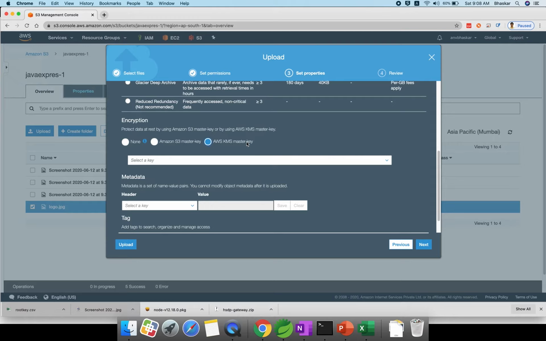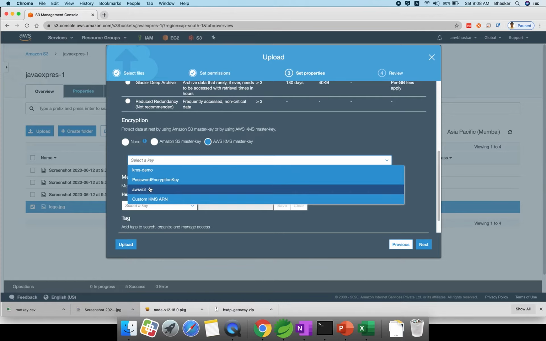First of all, just try to understand. When I click the drop down, by default for S3, if you provide any encryption, it is AWS/service name. Maybe for your EC2 instances, if you encrypt, AWS/EC2, AWS/S3, AWS/RDS, relational database service. So by default they will provide one key. That key you can use.